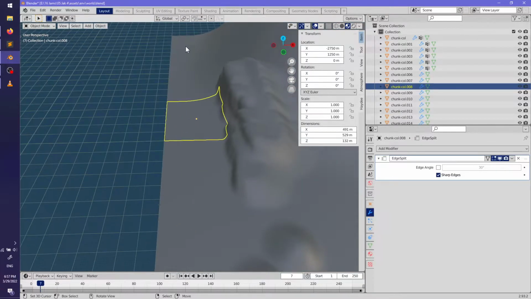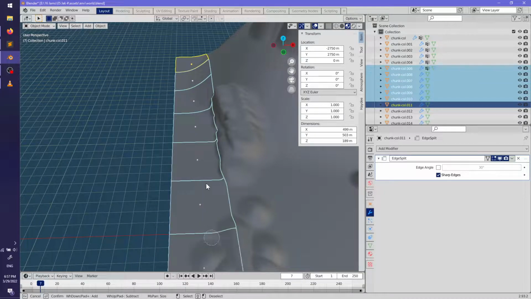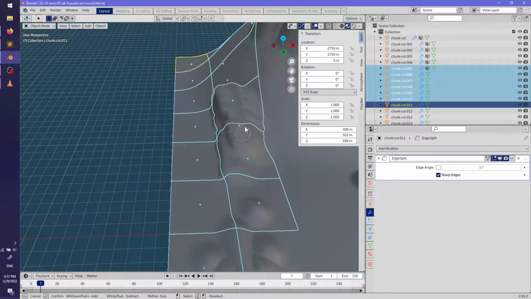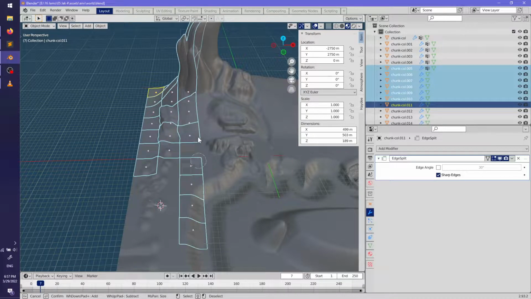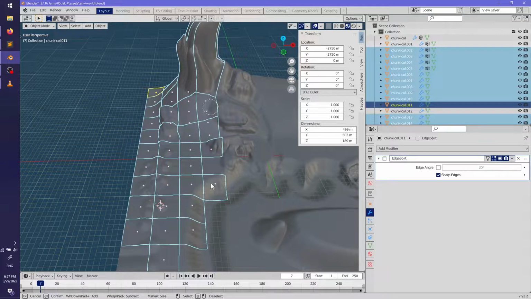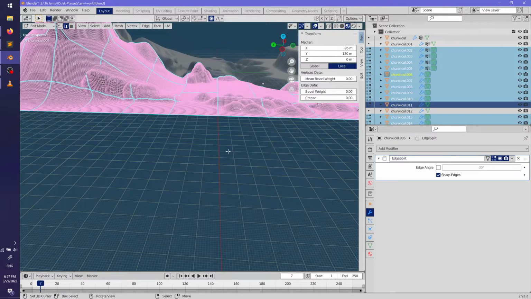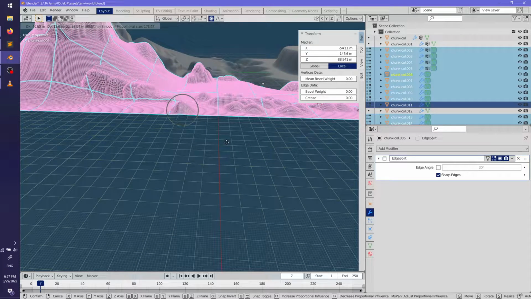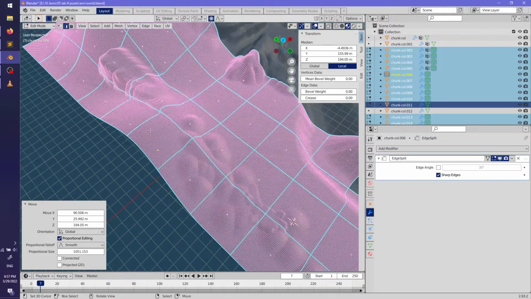Let's see. Let's add some nice little, some happy little cliffs. Look at that. Just a happy little hill.